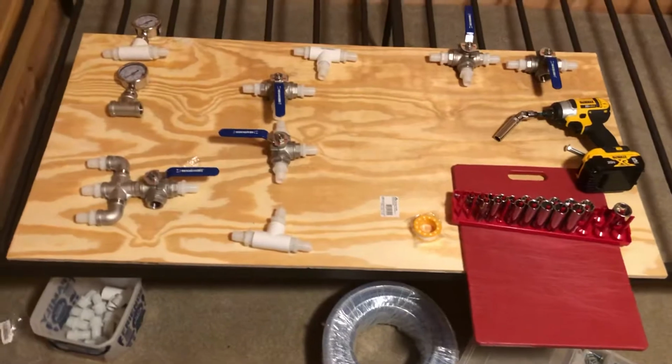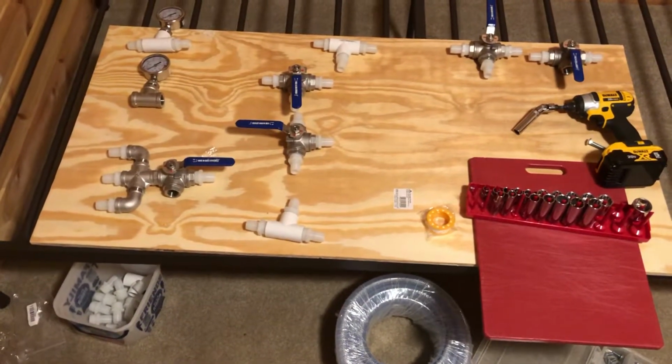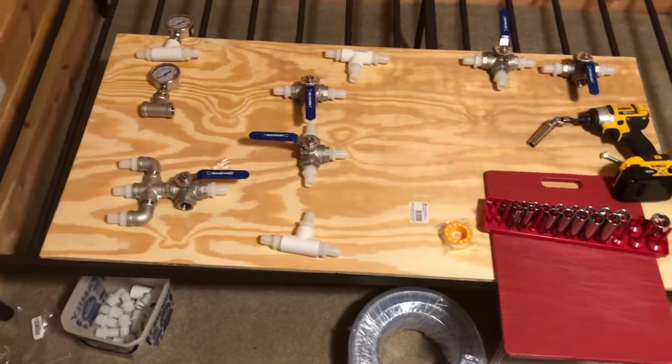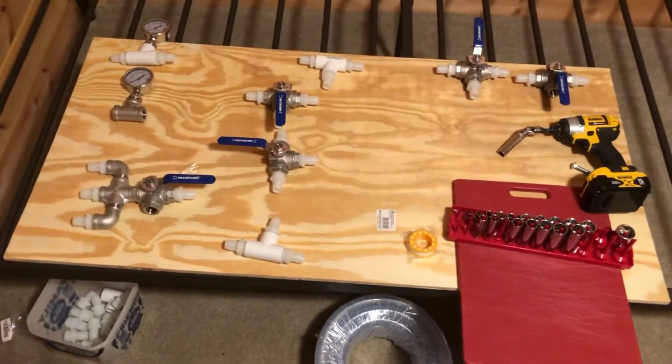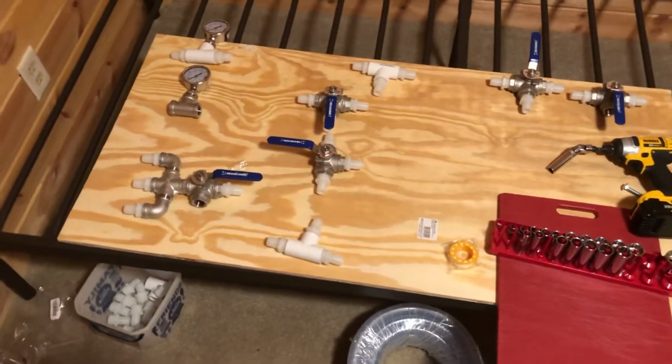I'm still missing some parts in here, and it's still a bit of a work in progress. But once I get these three panels ready, then I'll be able to go out and put them in the